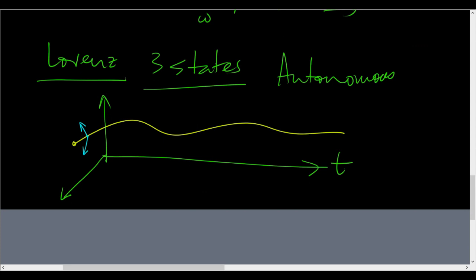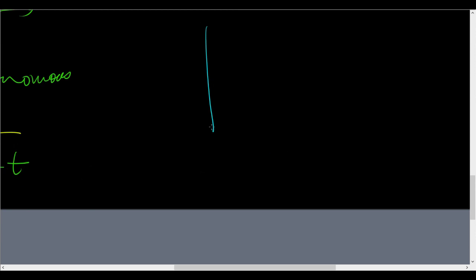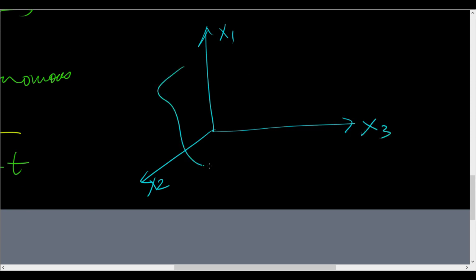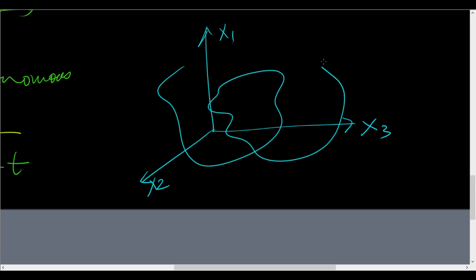But you must understand that when we perturb the trajectory, when we think about it in phase space, which is possible for an autonomous system, then we can draw a different picture. Here we can have x1, x2 and x3, and then we can have a trajectory that is going round and round in this phase space, and then we can think of perturbations in 3 directions. Then what happens is we have a sphere of initial conditions, and by the time we come here it becomes maybe a highly elongated ellipsoid. So this sphere becomes an ellipsoid